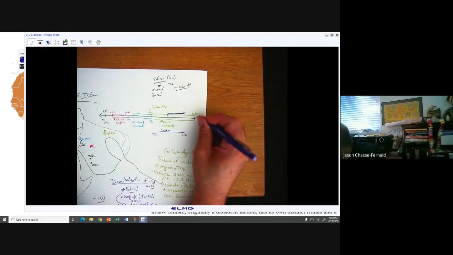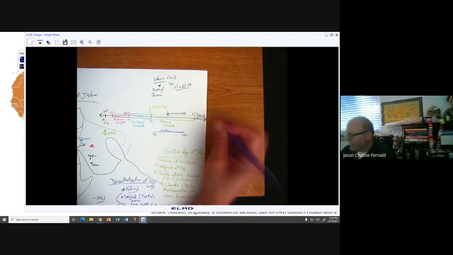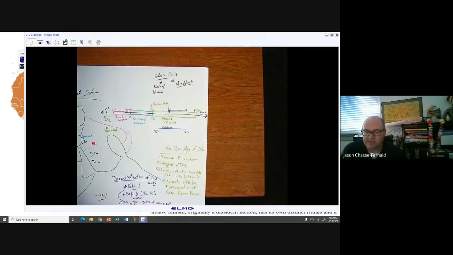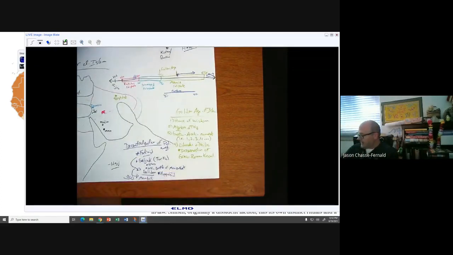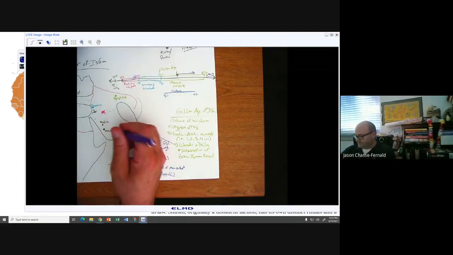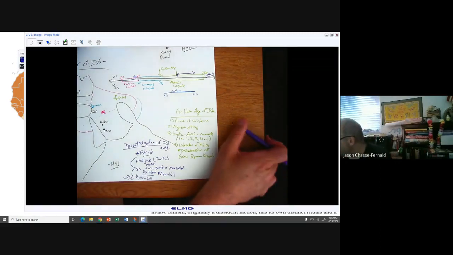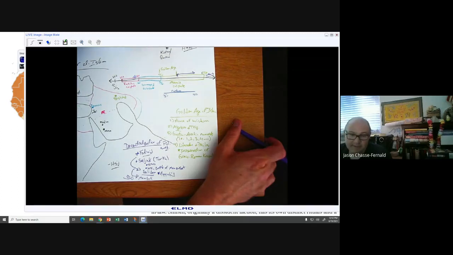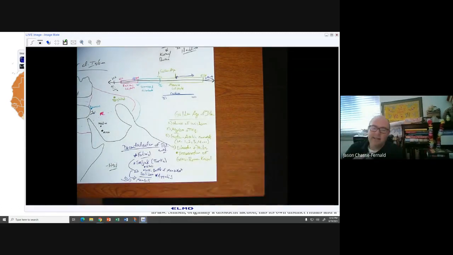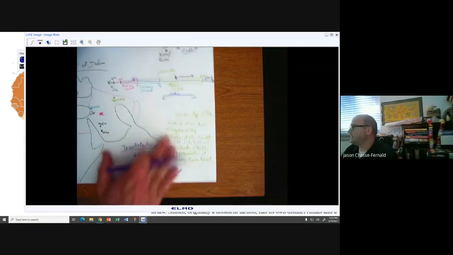The Ilkhanate comes after Baghdad falls. So the Mamluks rise with the fall of the Abbasid Caliphate and then stop the Mongol advance. The Mamluks will control Mecca, though this is beyond the time frame I want to talk about today. They will control Mecca until 1517, I believe. I might be out by a year or two, but I think it's 1517 when the Mamluks are defeated by the Ottoman Turks. So we see this massive decentralization.